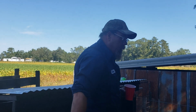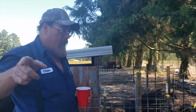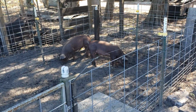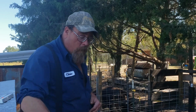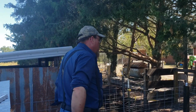So, look right here. This is not the pen these pigs stay in. That's the pen they stay in. But having a catch pen or somewhere dry to work pigs when you need to is a pretty good idea. Now, if you just got one or two you're feeding out, you probably don't need it. But we're actually raising pigs, so